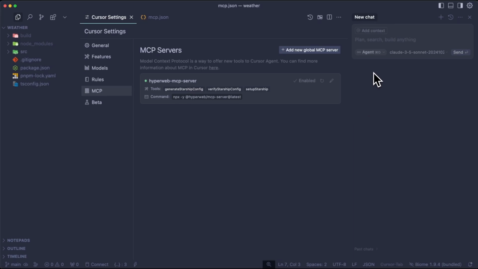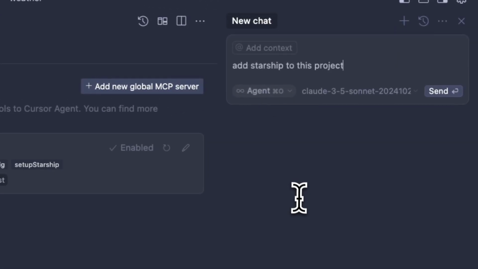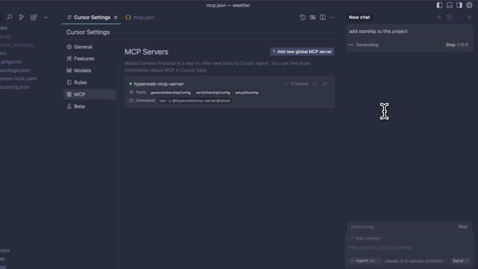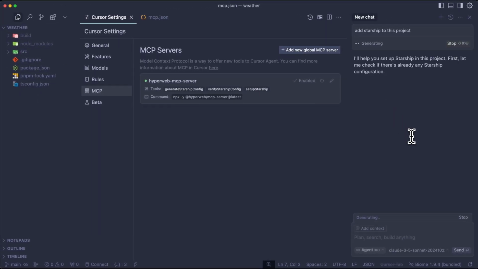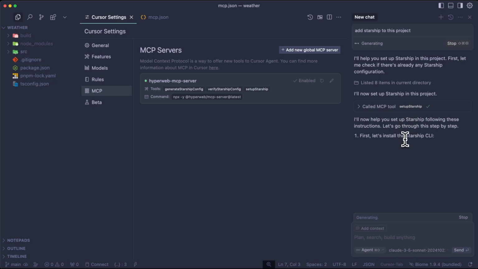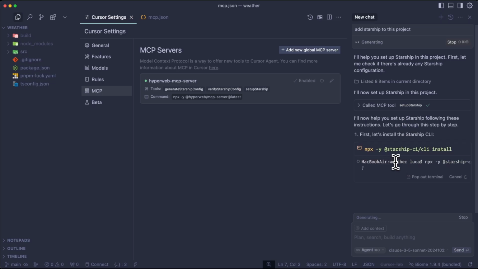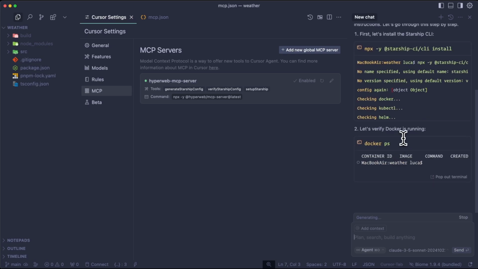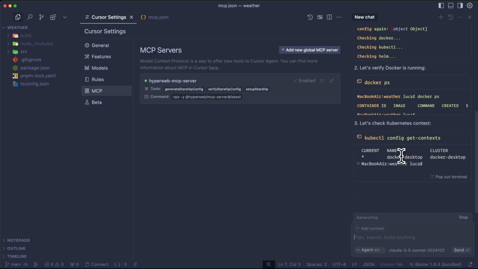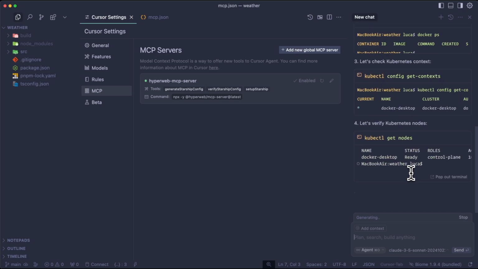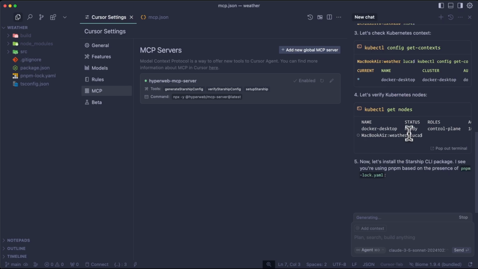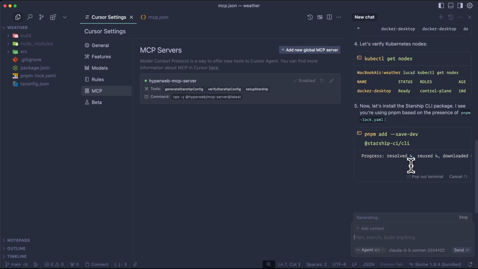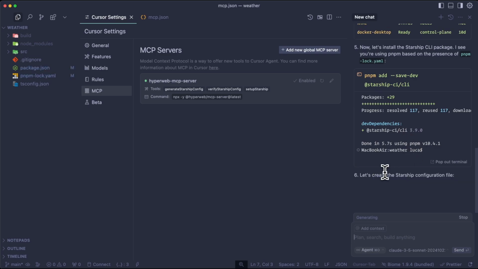Make sure you're using the agent mode, then let's tell it to add Starship to this project. First it is checking whether Starship is already set up in this project. Since we don't have it yet, it will set it up from the start. First, calling the setup Starship MCP tool, and using the Starship command line to check the dependencies that Starship needs to run, and verify Docker is running, and check Kubernetes is enabled and connect with Docker,